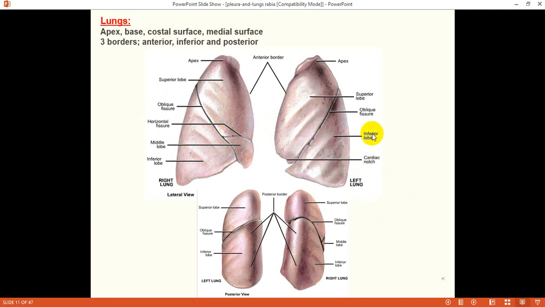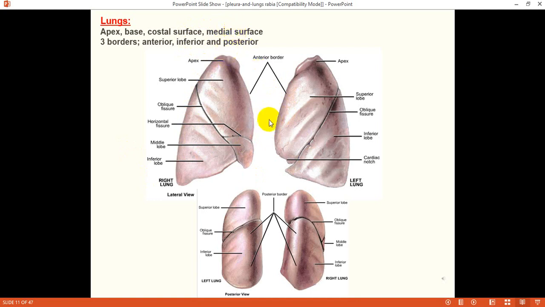So in the lungs, we're going to observe the external features of the lung, which are apex, directed towards the thoracic inlet and also extending into the root of neck. Then we have the inferior surface, which is also known as the base and also known as the diaphragmatic surface. The surface of the lung, which is on the inner aspect of the thoracic wall, is known as costal surface. So it extends anteriorly, laterally, and also posteriorly. Then we have a medial surface.